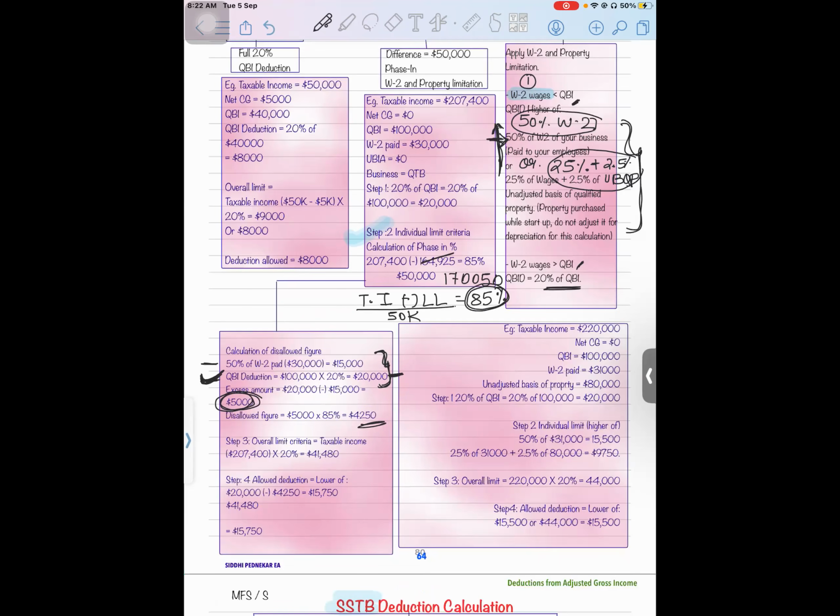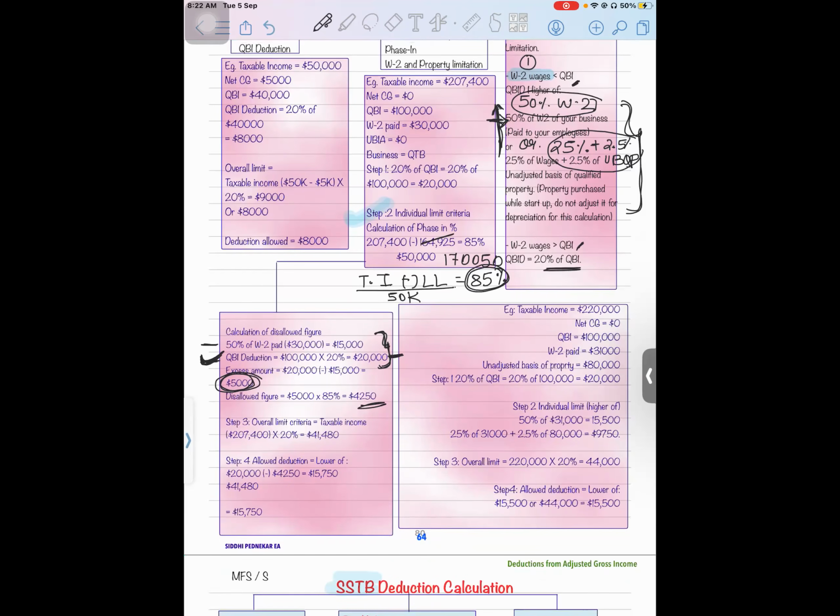What is my QBI deduction? Qualified business income into 20%, or taxable income into 20%, whichever is lower. Your taxable income is 207,400, right? And QBI is,